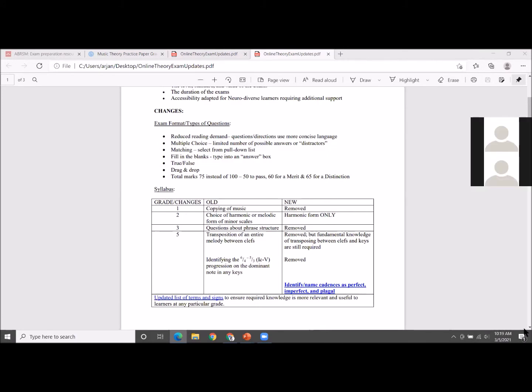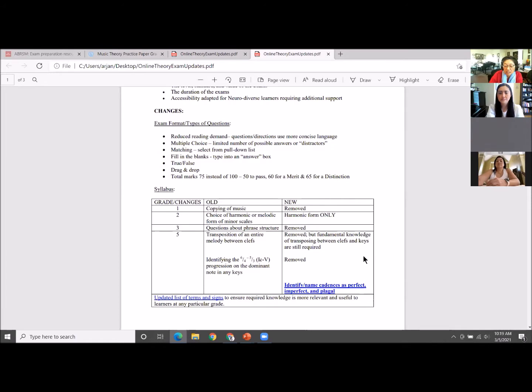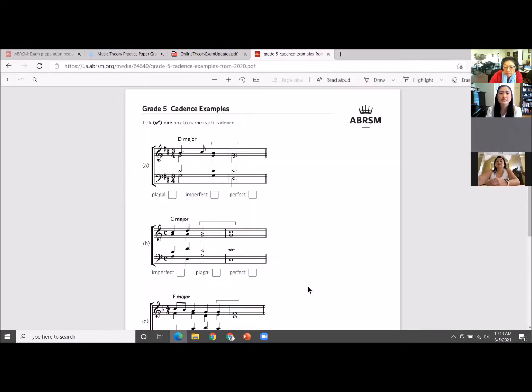Now, let me show you at this point what it would look like. So this is a cadence example. Here you will simply check the box that corresponds to this particular D major example.